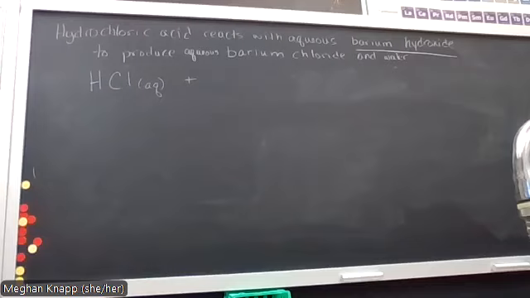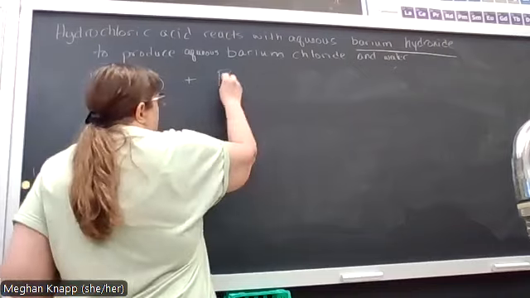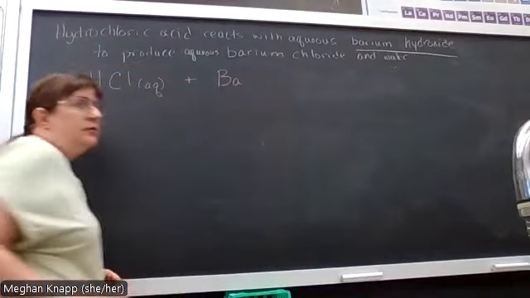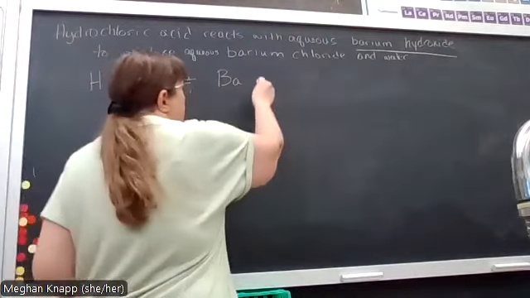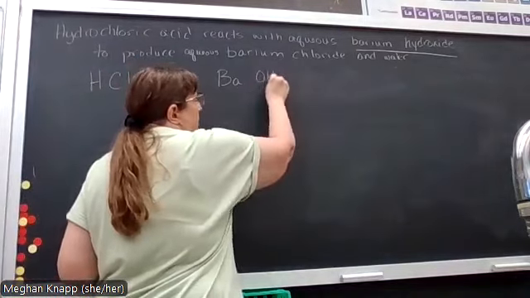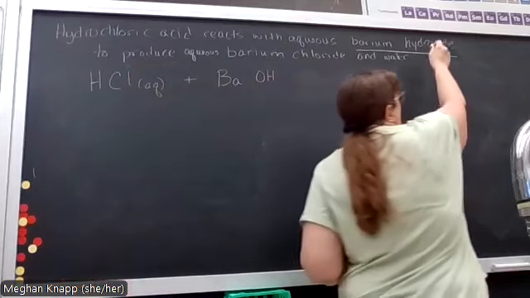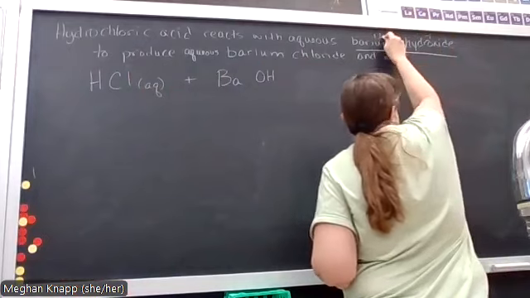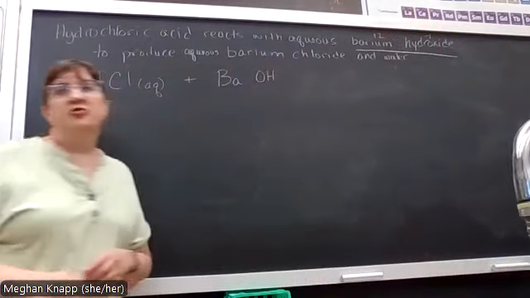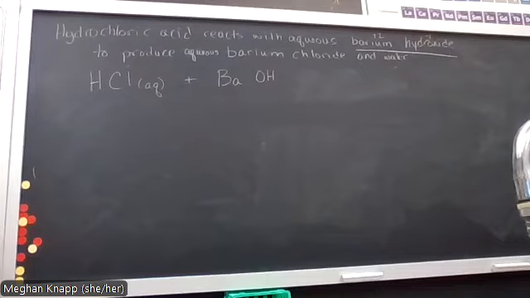All right, barium is in group 2, so it's Ba. What's the formula for hydroxide? OH, and what's the charge on hydroxide? This one's a -1, and barium being in group 2 is a +2. So how many hydroxides are we going to need? 2 of them,